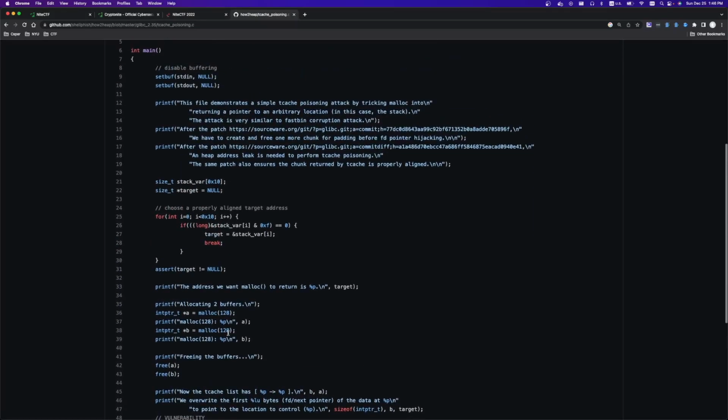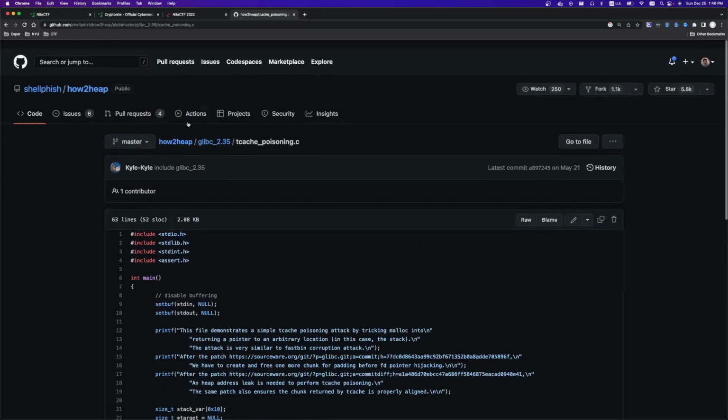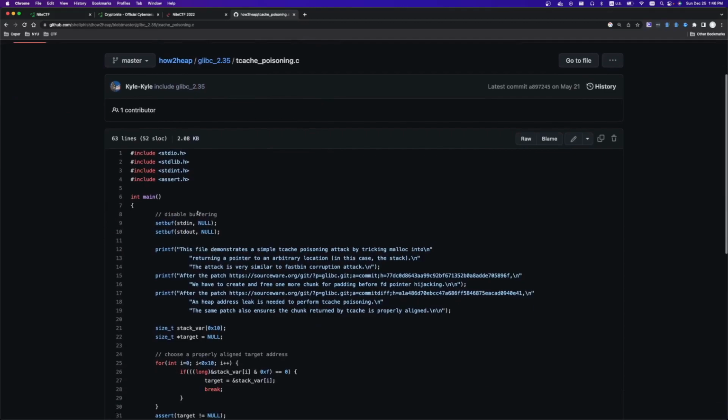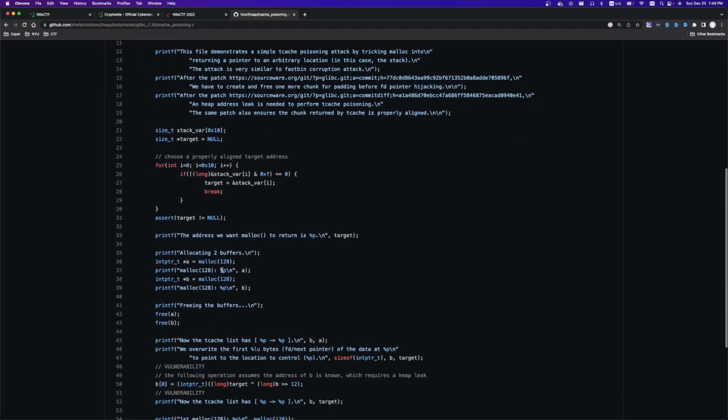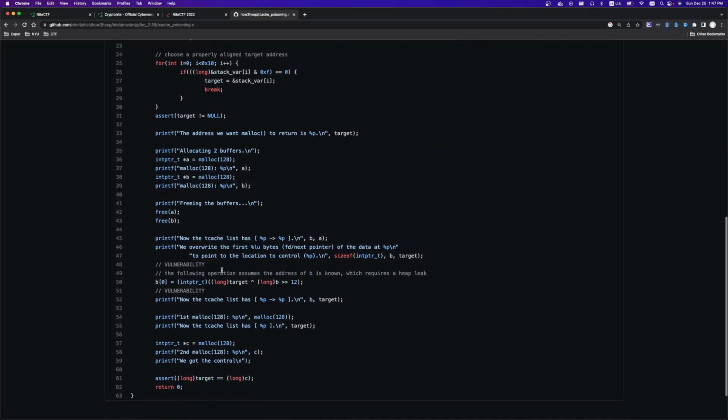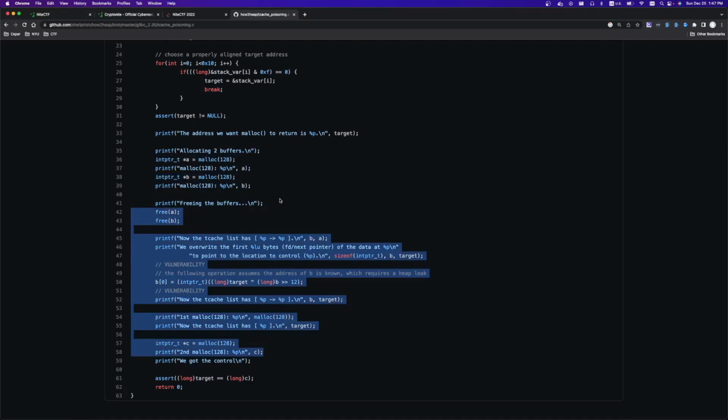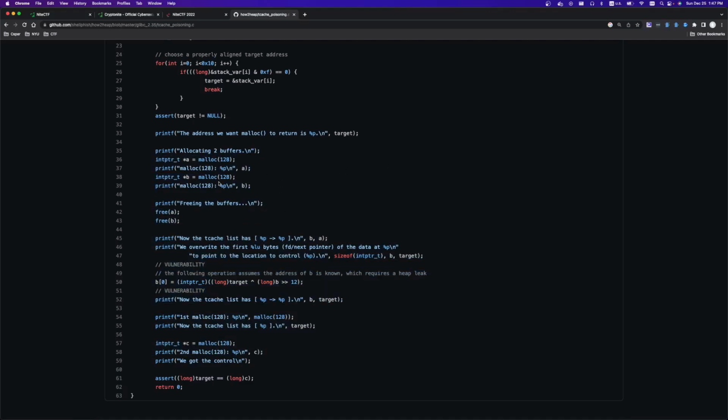I'm not too sure. But for this one, if you're going to try solving the challenge and you've never done a heap exploit, I'd highly recommend just downloading this, compiling it and loading it into GDB with the correct version of libc. I think the latest version of Ubuntu has 2.35, and just get a sense for what's happening. But basically,